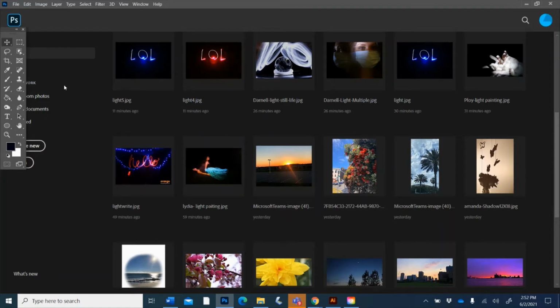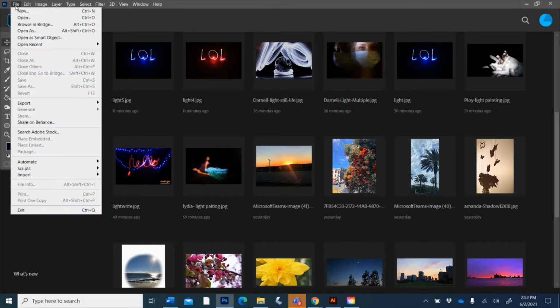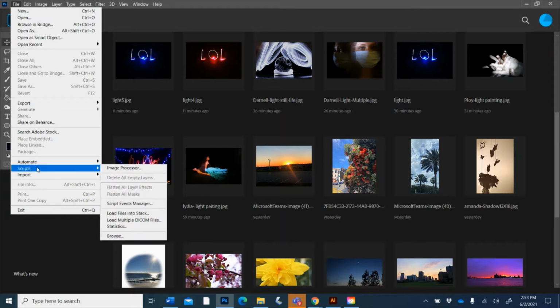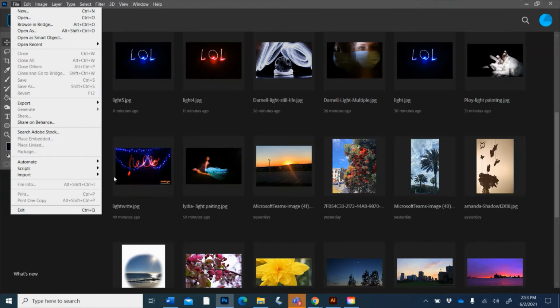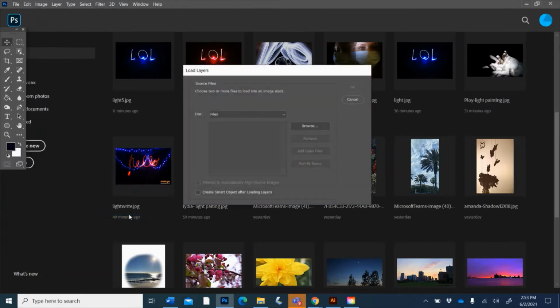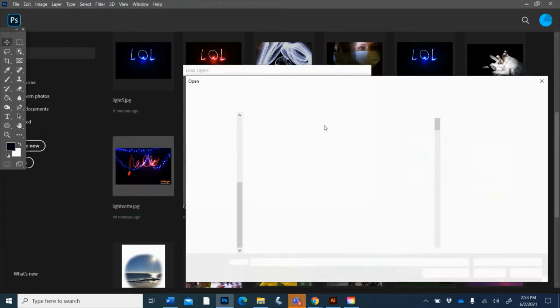Okay, so to put this into an animation, what we're going to do is go to File, and we're going to open them a little differently. So we're going to go to File and Scripts. And with File Scripts, you're going to load files into a stack, and then you're going to choose the pictures that